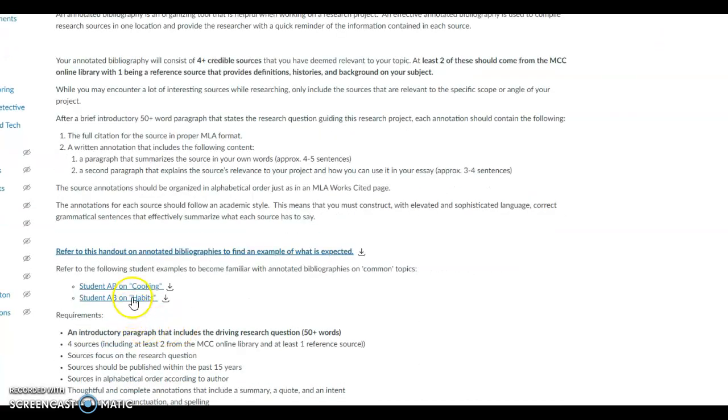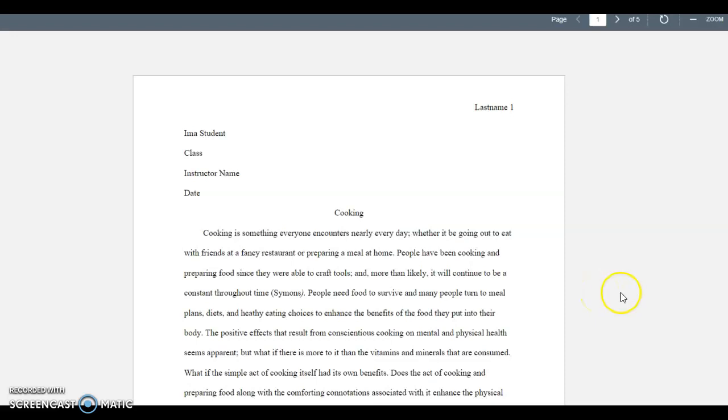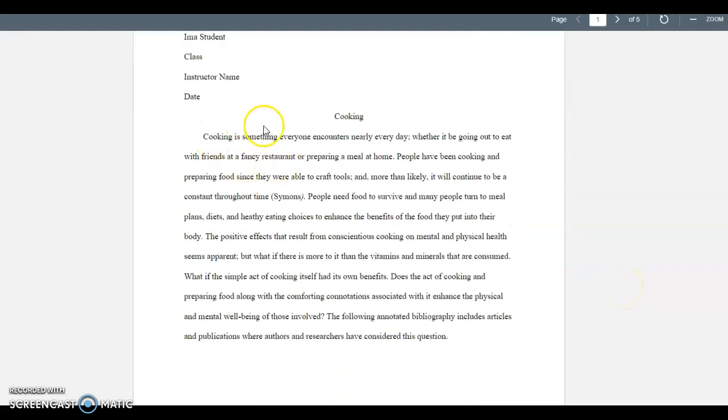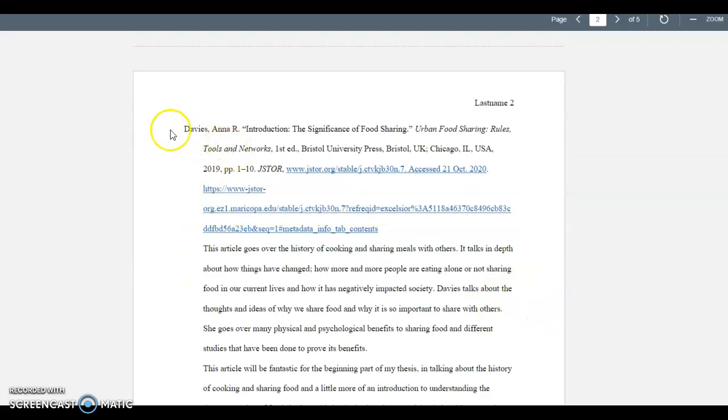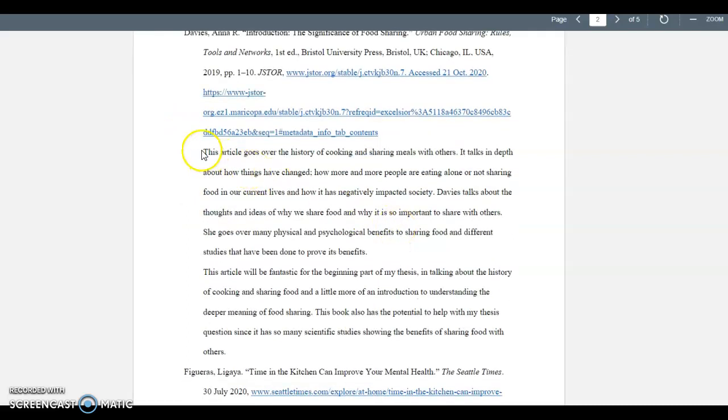So let's look here. I have included two student examples of students in my previous classes who have given me permission to share their annotated bibliographies. So this one's on cooking and the mental health benefits of cooking. A short paragraph that introduces it and introduces the research question. And then here are the sources. Here's the first one, and it's hanging indentation, so only the first line is flush left, and everything else is indented. So we have the full MLA citation, and then